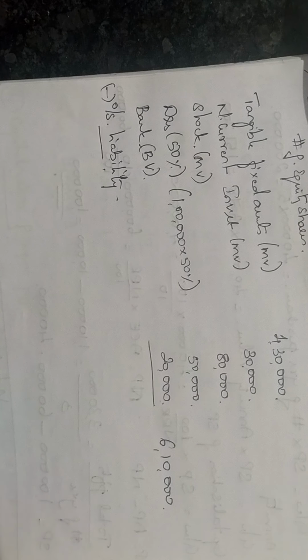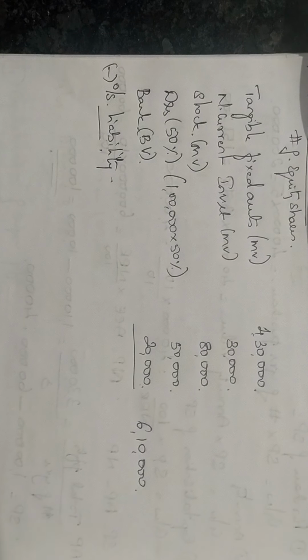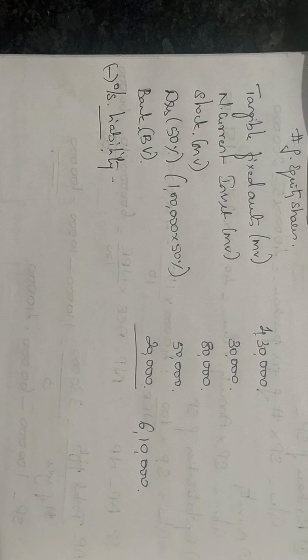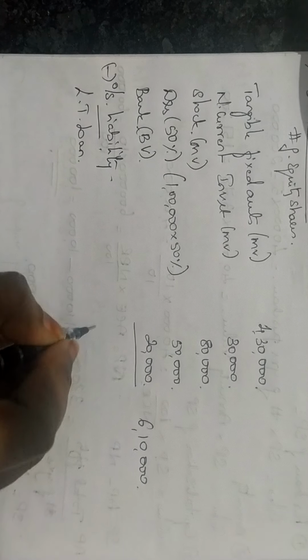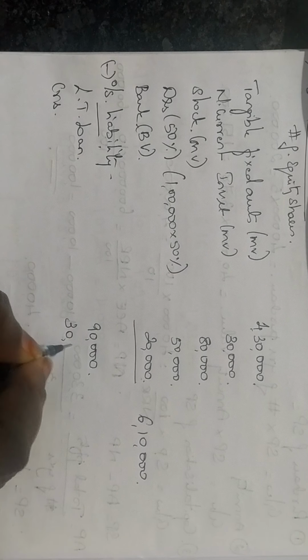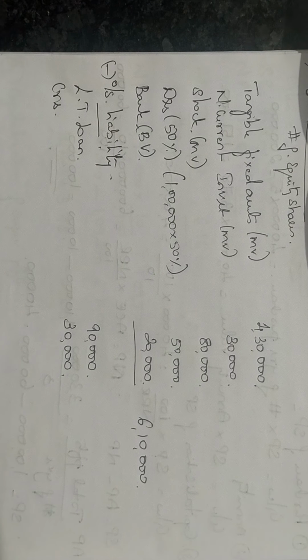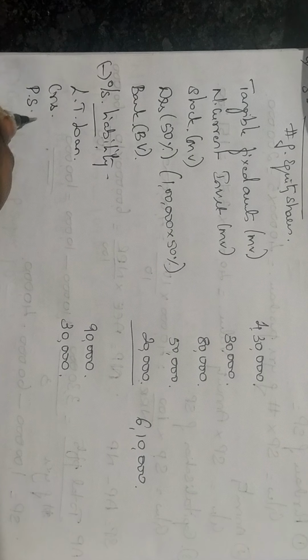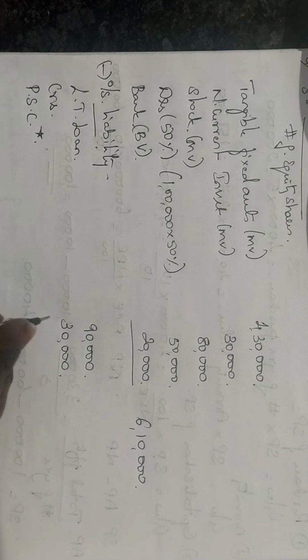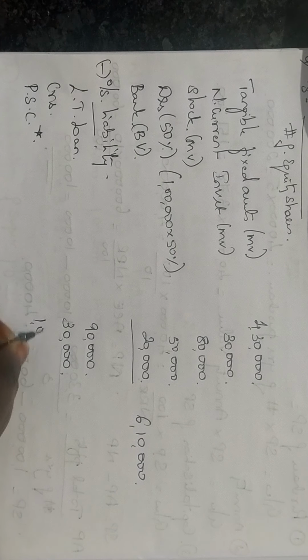So in the outside liability, as I have already stated, you should not show your equity share capital, and your debit balance will not come. Apart from that, you have long-term loan, which is at 90,000. Then you have creditors, which is at 30,000. Remember the problem is not complete because you also have preference share capital, which is 1 lakh.